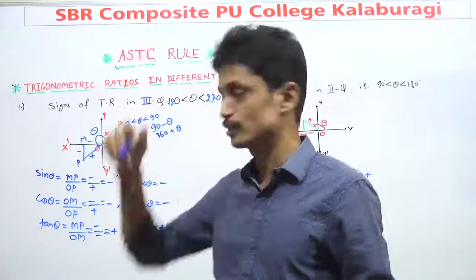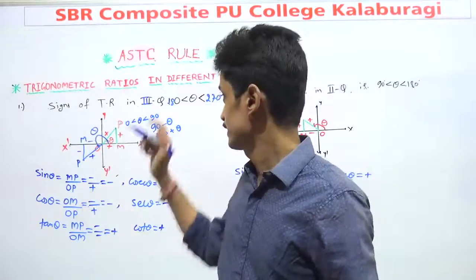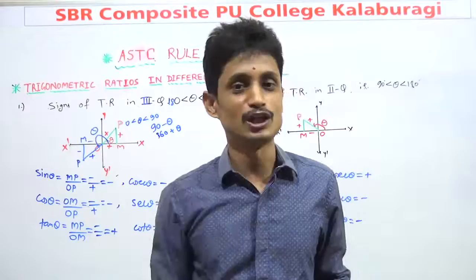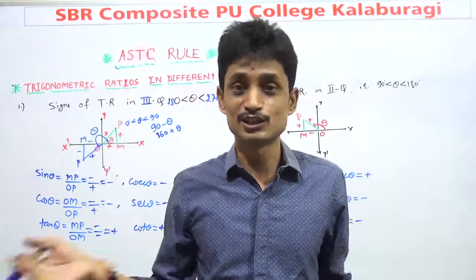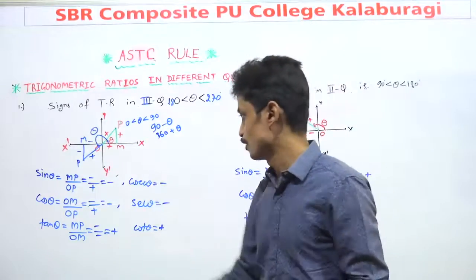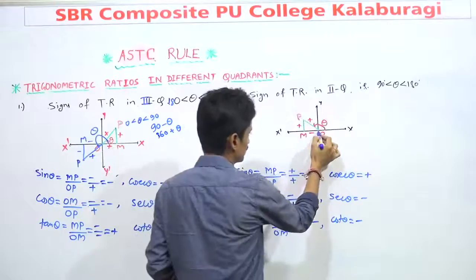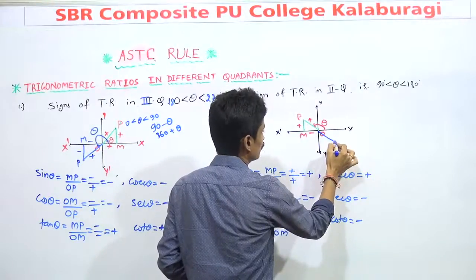And the second quadrant will be the special house for sine as well as their reciprocal cosecant. The first house is common to all those six ratios. Let us go for the fourth quadrant. Now the same terminal side I will take in the fourth quadrant.